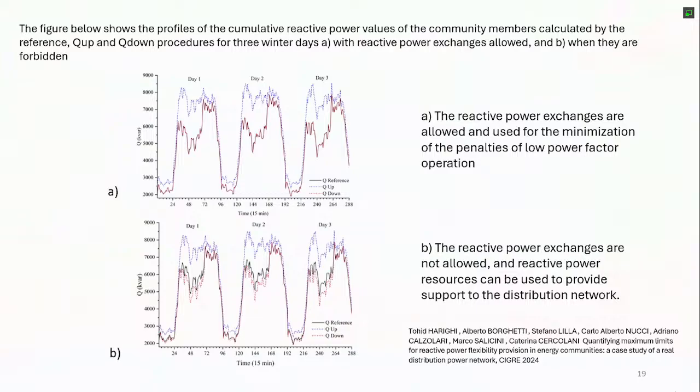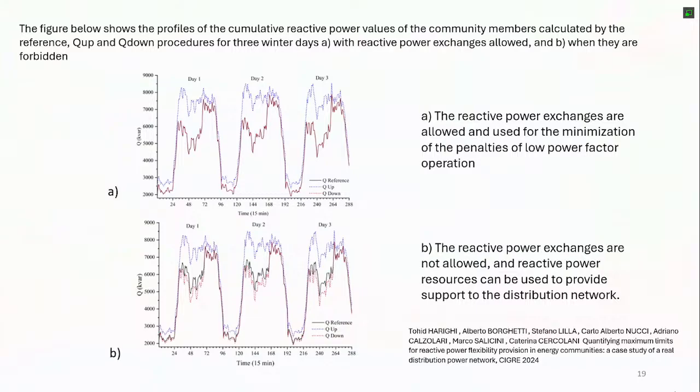Figure B is calculated without the internal reactive power, so prohibiting QLEC, the direct transaction of reactive power among the community. So you see that there is some flexibility at some times that can be provided to the distribution system